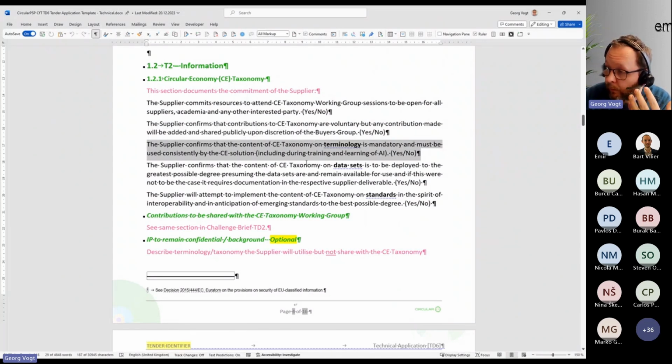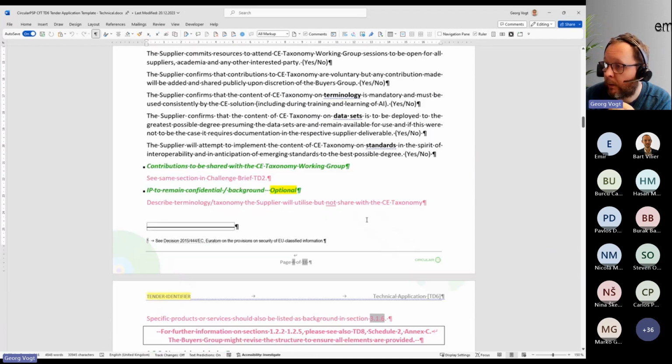You will contribute through your tender and through your work on the project, but ultimately, your digital solution should be very flexible and should not struggle with accommodating terms. If you have additional terminology, obviously you can use it. It might even be IP, which you do not have to make public. So here, any contributions you wish to share with the working group